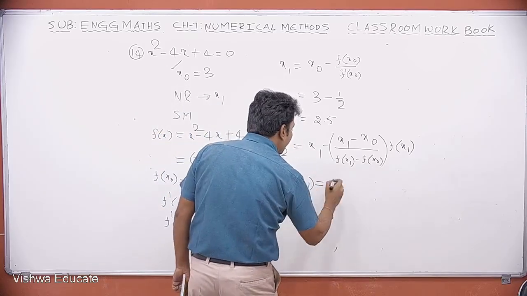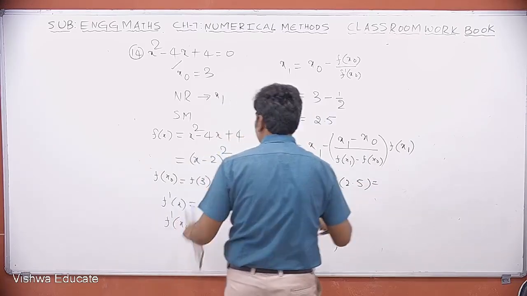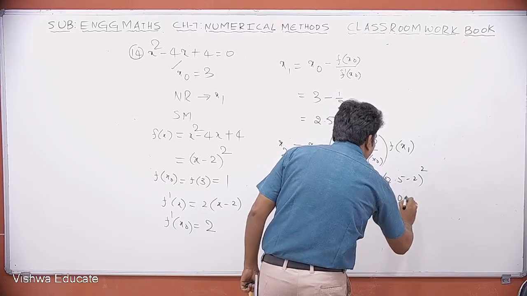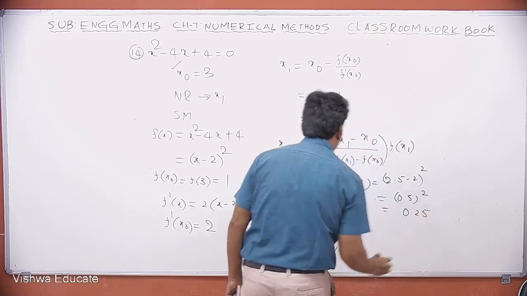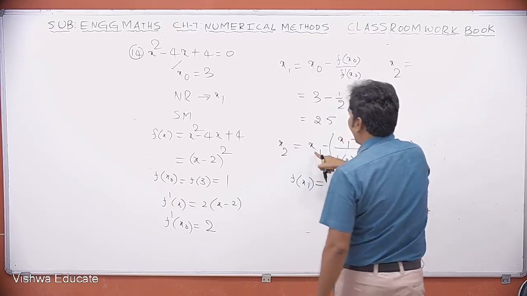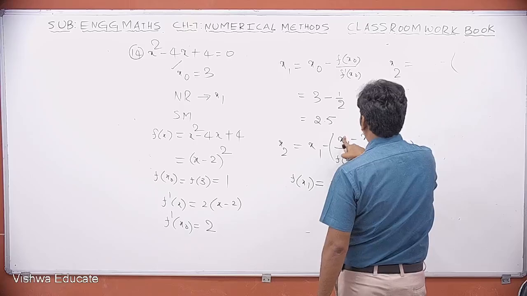So this value gives me f of 2.5. Therefore this is (2.5 minus 2) whole square. So this is 0.5 whole square, 1 by 4, this is 0.25. Therefore the value of x2 is, x1 value is 2.5 minus